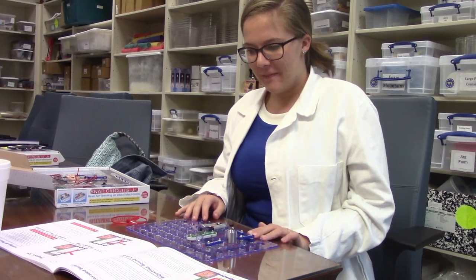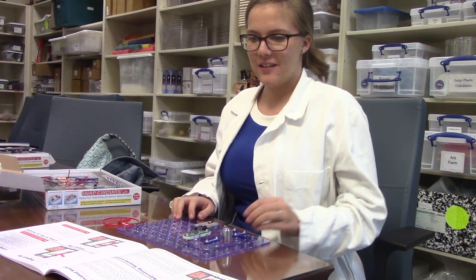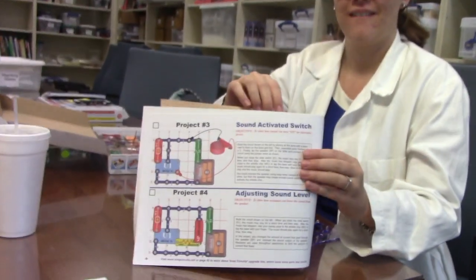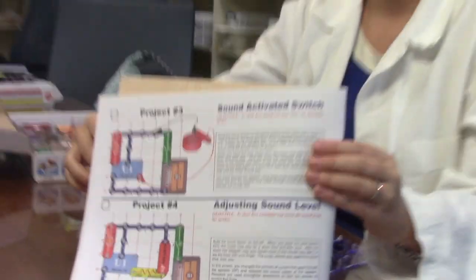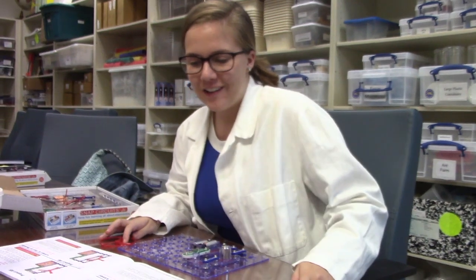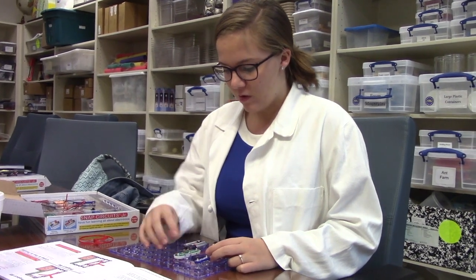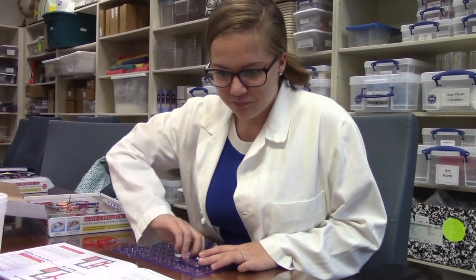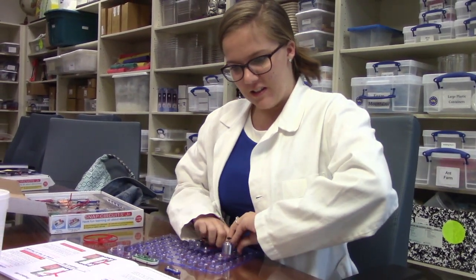Oh, that's so cool. Okay, so now I would like to try the sound activated switch. So that will be this one. And we're going to try to get sound to work because we discussed sound last week and how sound moves through the air with vibrations. But now we're going to get sound to become a thing through batteries and such. Okay, so that was fun. It says